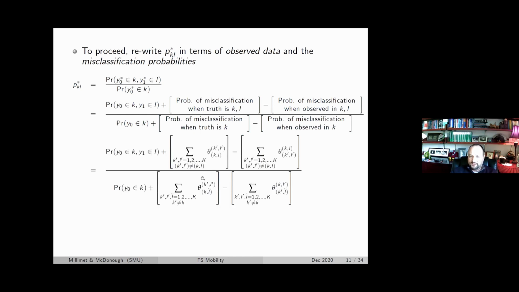And so those terms in brackets are just functions of a bunch of those thetas that were on the previous slide. All right. Fortunately, we don't have to think too much about the individual thetas, so I can just rewrite this as these terms, and I'm going to call this thing RKL, the denominator thing is just PK, and then these four terms in brackets, Q1, 2, 3, and 4. So RKL and then PK, the main thing there is just data. That's just the summary statistics. This is just the proportion of my sample that's in KL. This is the proportion of the parent generation that's in cell K. Right? And then it's the Qs that I don't know.